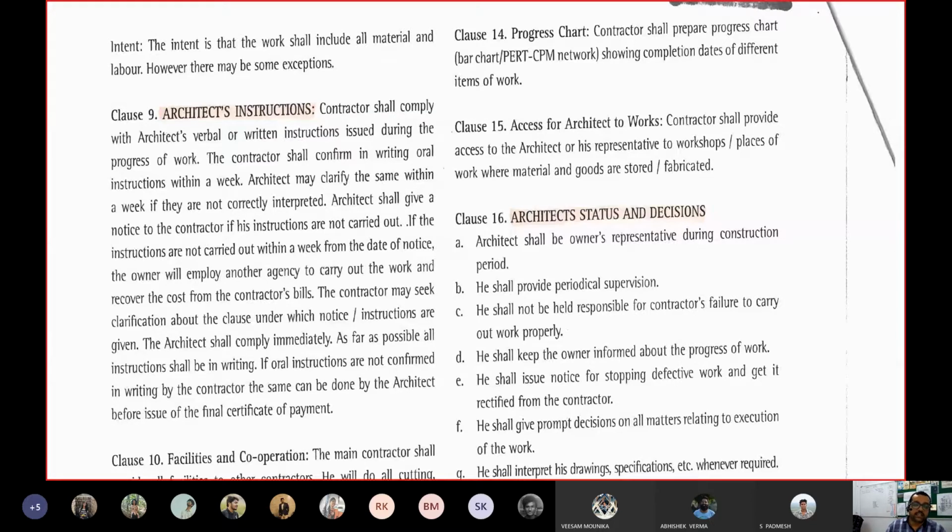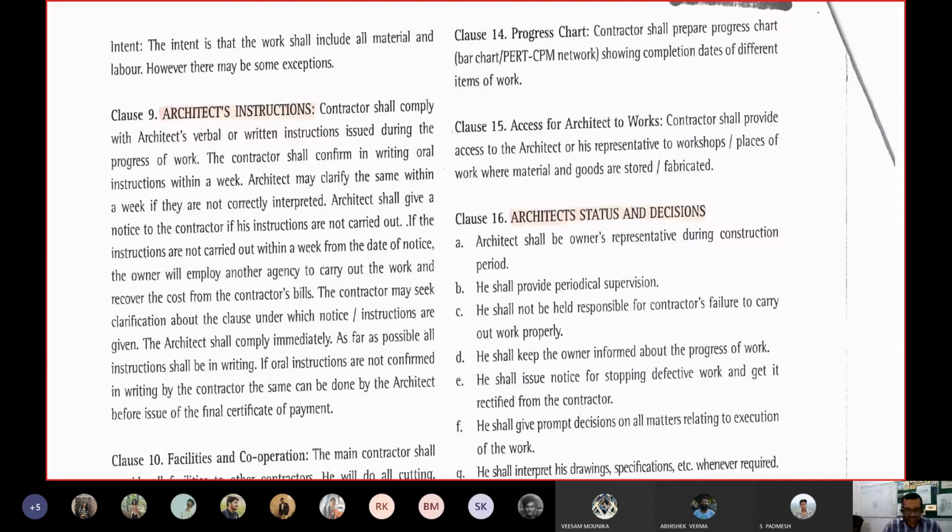Here also the architect instructs the contractor about the issue of the certificate of payment, when and where the contractor is being paid by the client, and the architect has to issue a certificate. That means on behalf of the client, in lieu of a particular section of work done by the contractor, this much amount of payment is being released to the contractor. This comes as a certificate, commonly known as a certificate of payment. In common terminology, we call it an invoice.